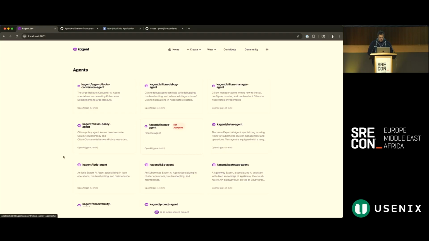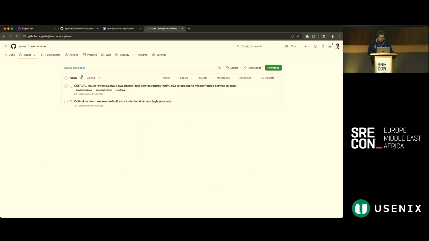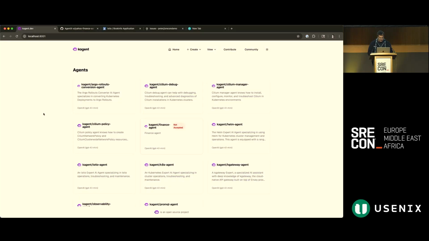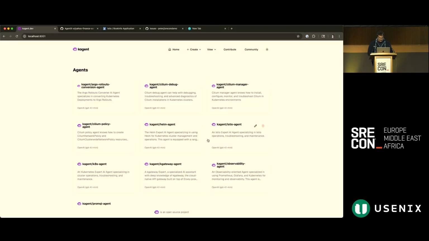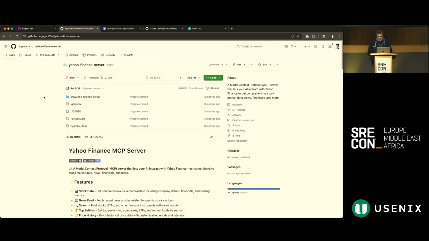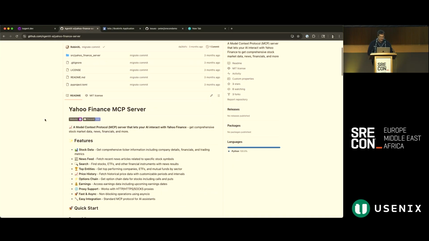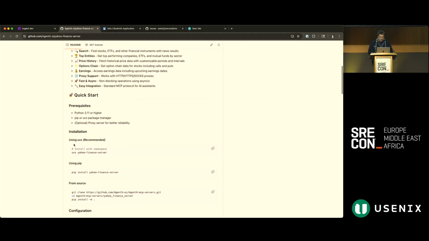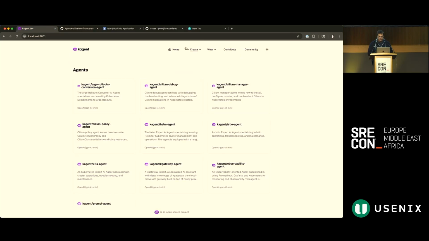Everything that I'm doing in the UI here, you can do through YAML as well, and I'll show you that in a little bit. So let's delete this one, because that was the first one that I wanted to show you. This is actually from a colleague an hour ago who was playing with this, and I'm like, well, I should show this in a demo, why not, right? This is a simple Yahoo Finance server. It's an MCP server, and I just want to show you how easy it is to get this configured in